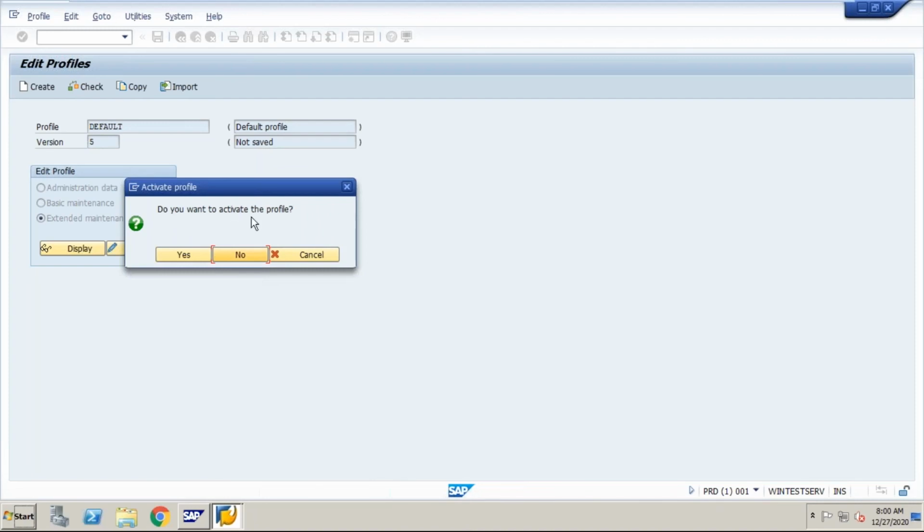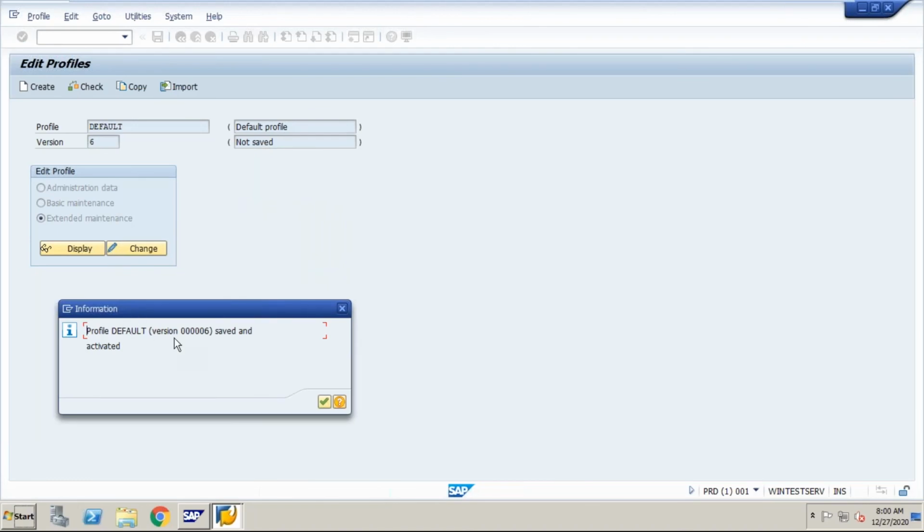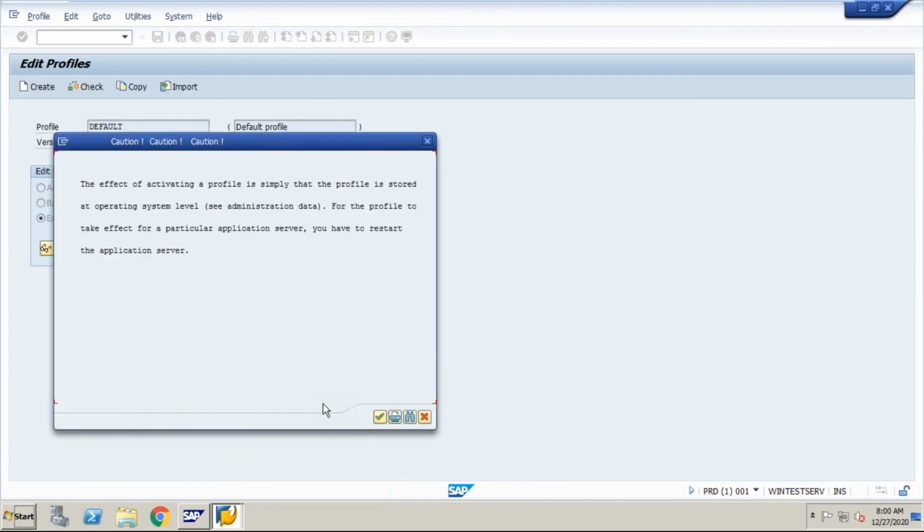Do you want to activate the profile which was changed now? Yes. If I press yes, you see the default profile version 6 was saved and activated. Previously it was 5. If I press OK here, it shows that the effect of activating the profile is simply that the profile is stored at the operating system level.